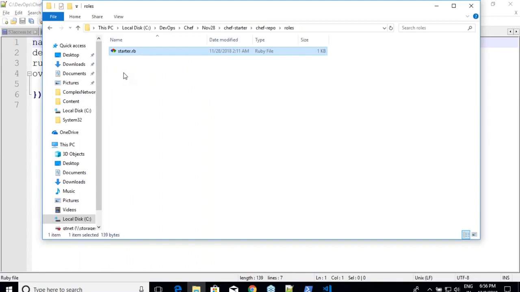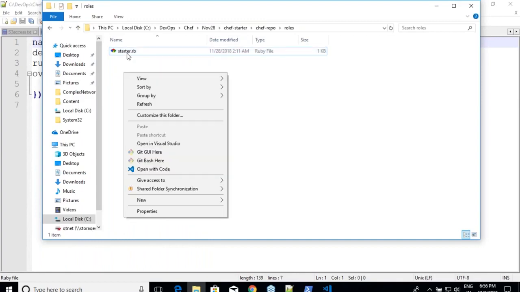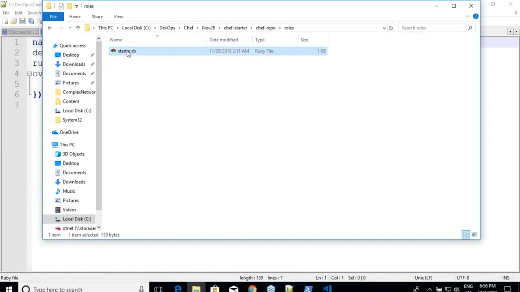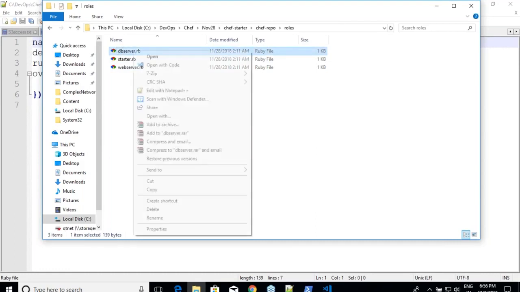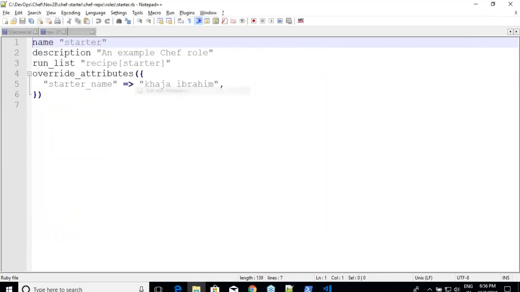There is no way to generate them. So I'll copy this file and make it webserver.rb. This will be my web server role. And then dbserver.rb. Let me edit my dbserver.rb.